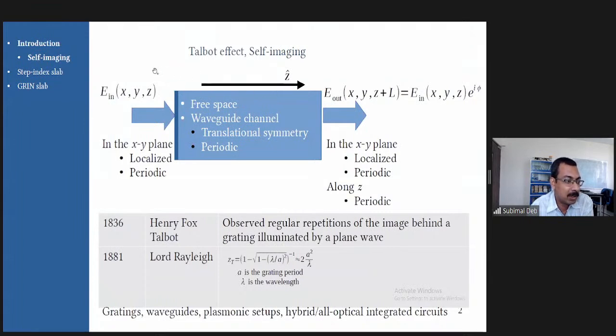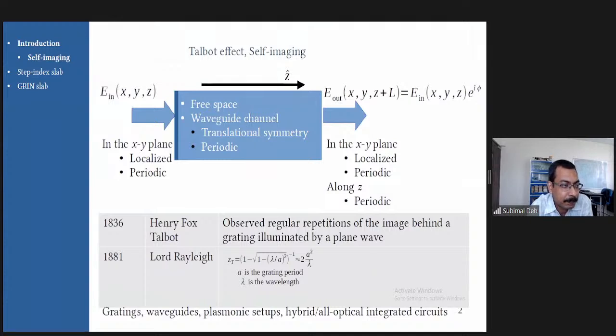Self-imaging was a phenomenon that was observed more than a century ago, in 1836, by Henry Fox Talbot. He observed it when he was looking at the images behind a grating that was illuminated by a plane wave. He observed that one can find the image of the grating being repeated at regular intervals, and that observation led to the phenomenon that we now call self-imaging, or the Talbot effect. Both these terms are